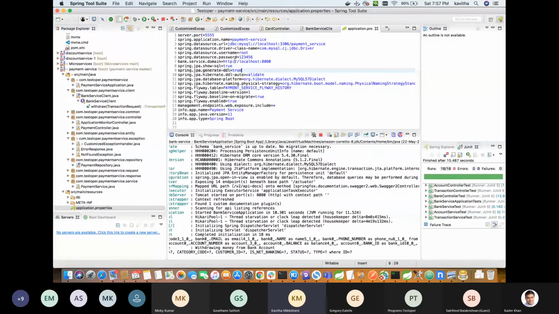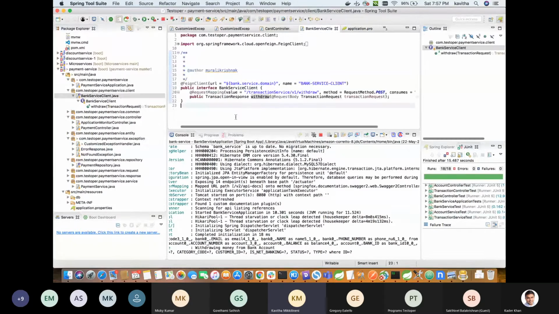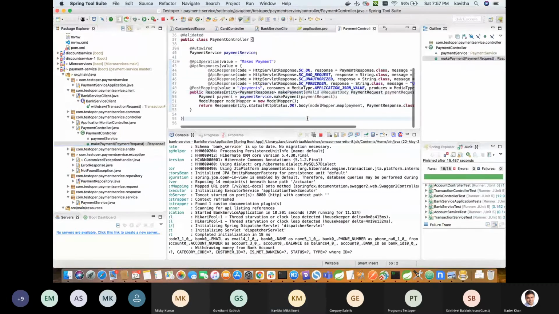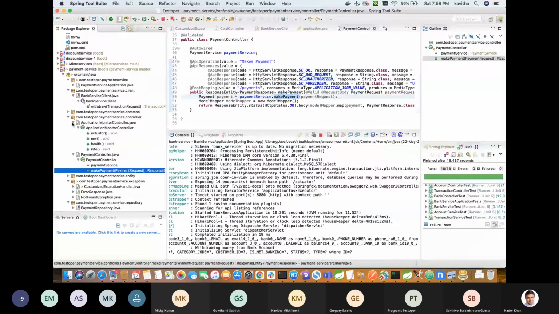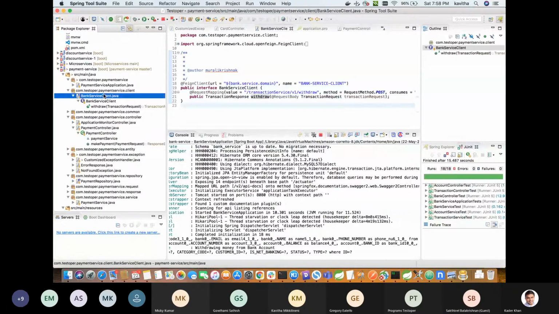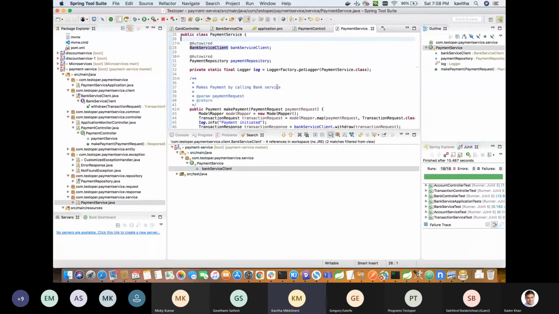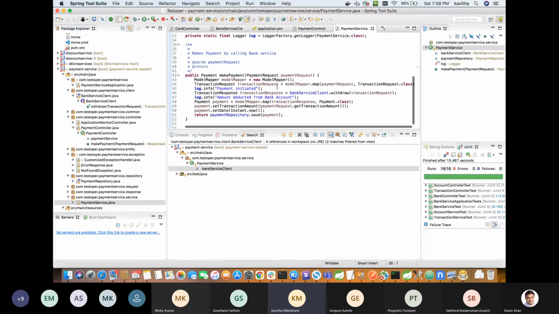This Feign client has established the connection from service 1 to service 2 wherever we need. Okay, so this is how the client has been used.